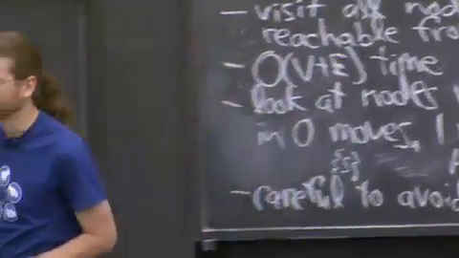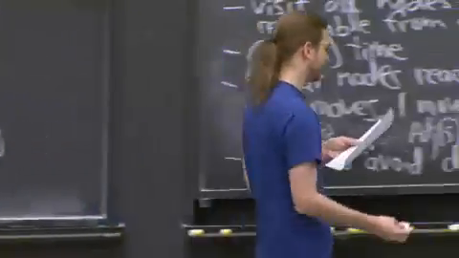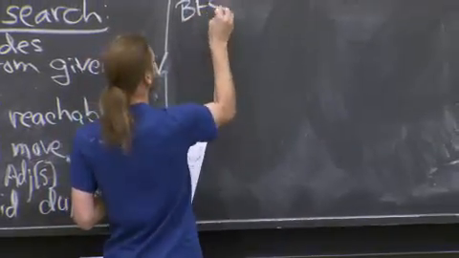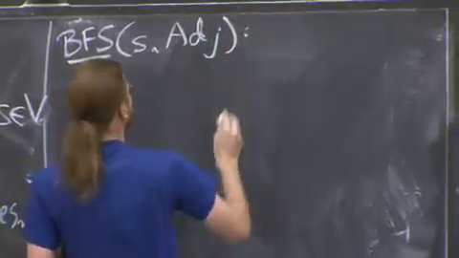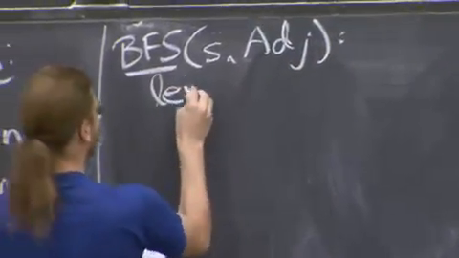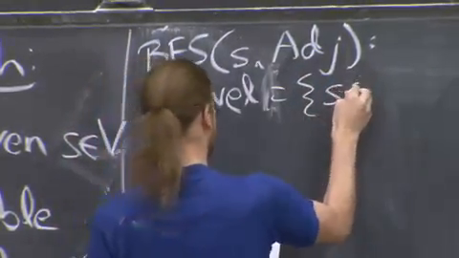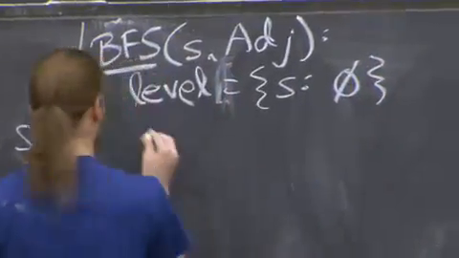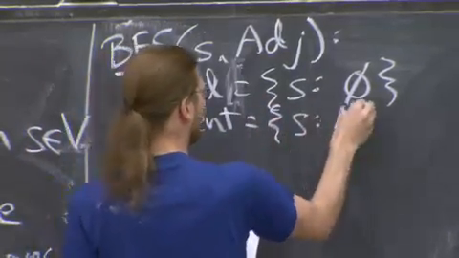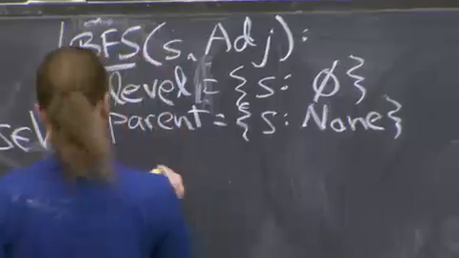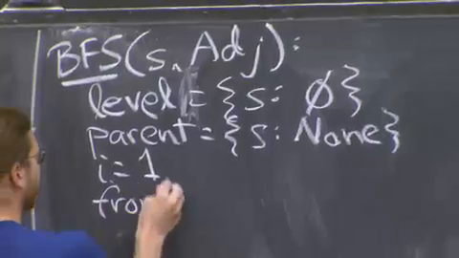All right, so let me write down some code for this algorithm. It's pretty straightforward, but it's so straightforward we can be completely explicit and write the pseudocode. There's a few different ways to implement this algorithm. I'll show you my favorite, but textbook has a different favorite. I'm going to write in pure Python, I believe.